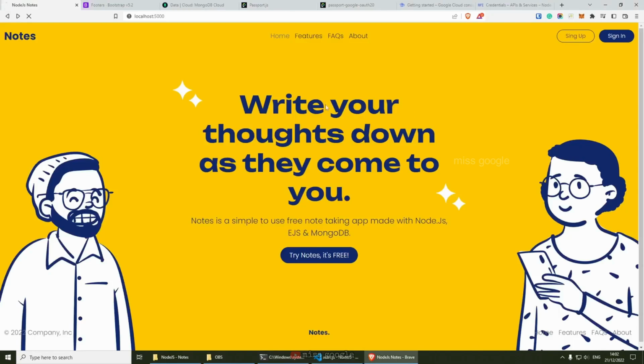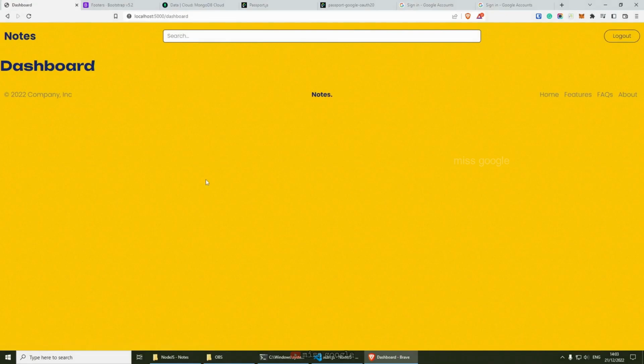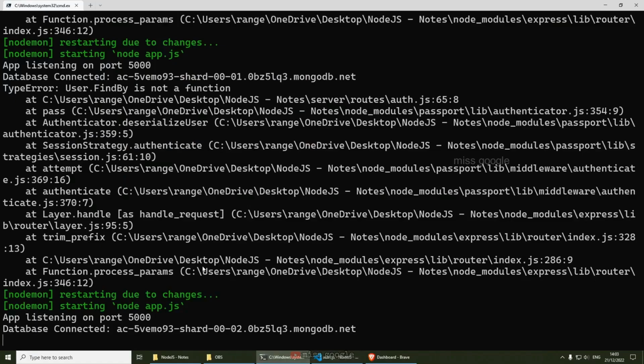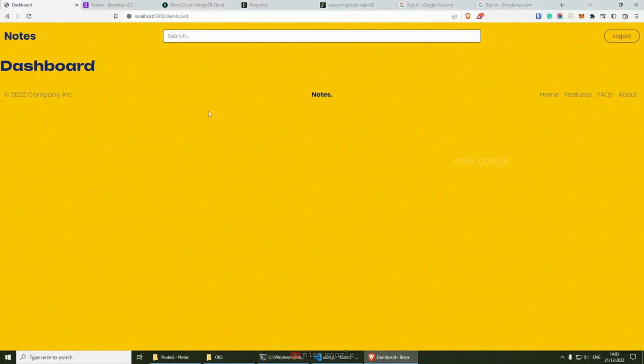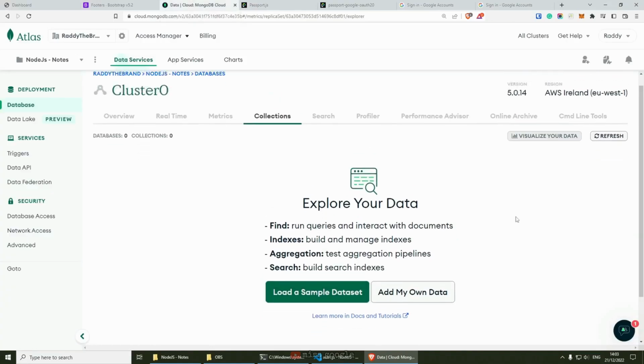All right, now if we click sign up, and then if we click on my username, let's put the password in. And just like that, we were redirected to the dashboard, which means that we've successfully logged in and we're not getting any errors. And now if we go back to the database, as you can see earlier, we had no data, but now if I refresh,